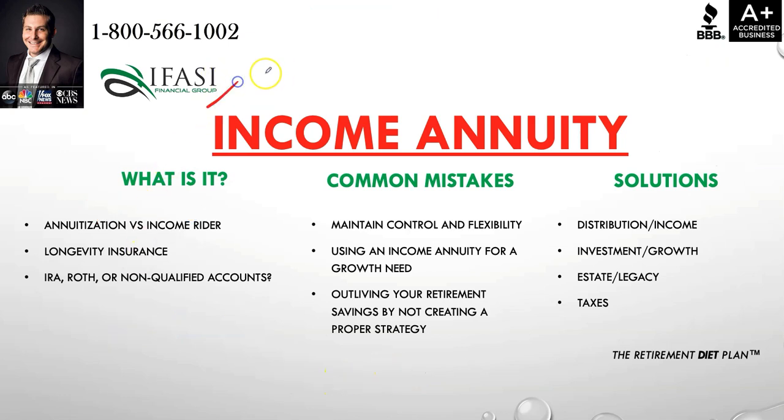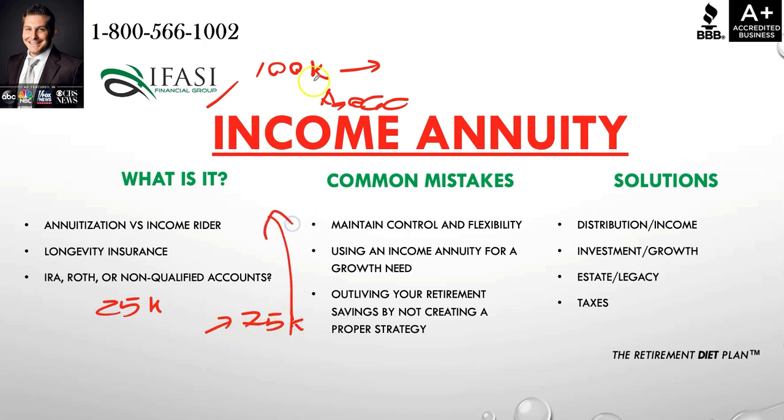So in that example, they gave $100,000 to the insurance company. They were age 60. They only lived for 5 years, meaning they only received back $25,000 worth of monies, and now the $75,000 of the difference, that goes back to the insurance company. So they have all the control. So this person surrendered control for that peace of mind that they would receive lifetime income, but that lifetime income basically fell short. The individual only lived for 5 years in that example. So that's where individuals were very upset about that concept.